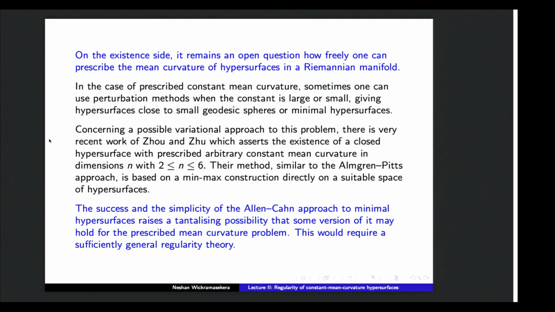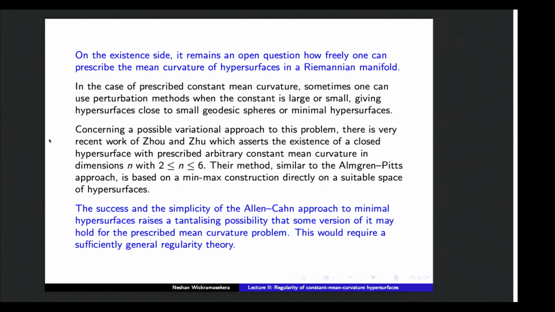In the case of prescribed constant mean curvature, there are older results that tell you that you can construct things with small or large mean curvature. Near small geodesic balls for large mean curvature, you can perturb them to CMC, and also, under certain assumptions, once you have a minimal surface, you can find something with small constant mean curvature nearby. These are perturbative results. They are obtained by